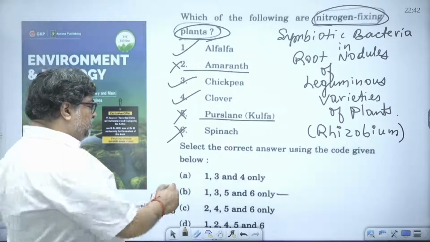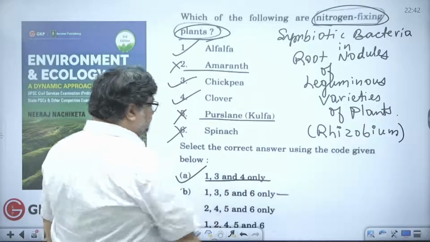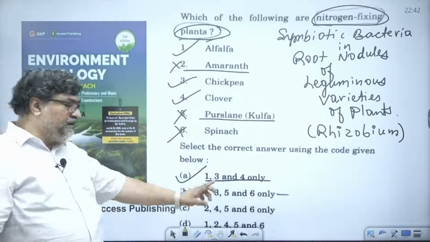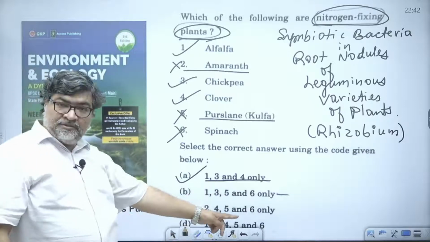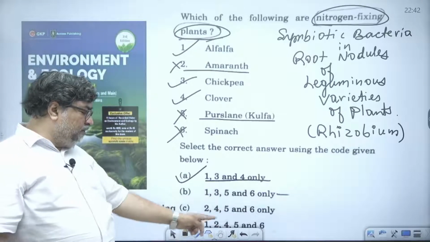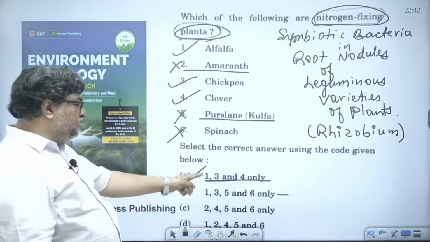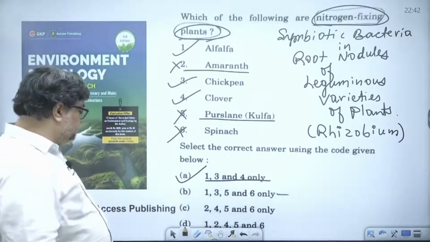So the answer will be A, 1, 3 and 4. B, 1, 3, 5, 6 are wrong. C, 2, 4, 5, 6 are wrong. D, 1, 2, 4, 5, 6 are wrong. The correct answer is 1, 3, 4, A as an answer. So you can see here,